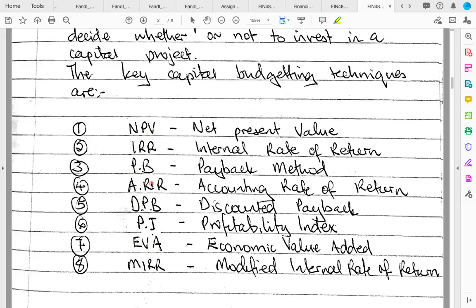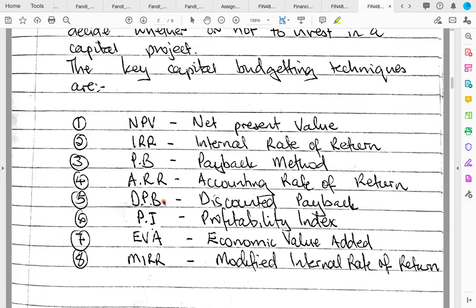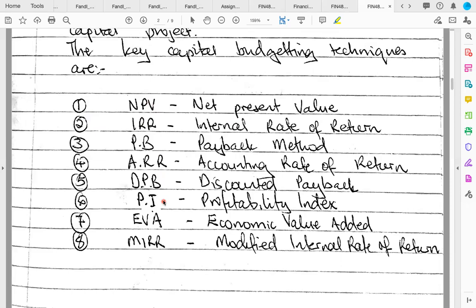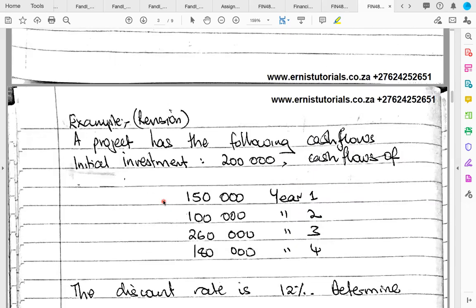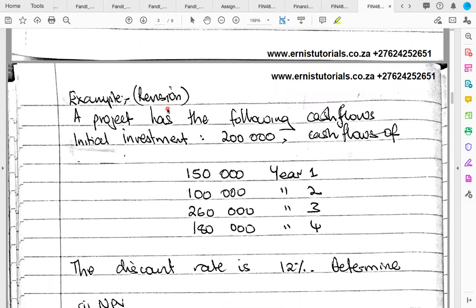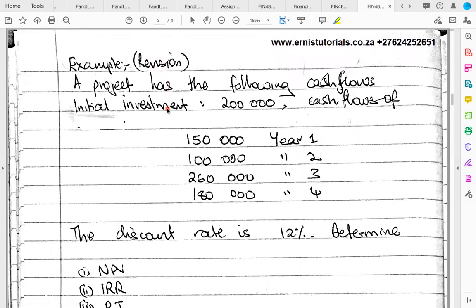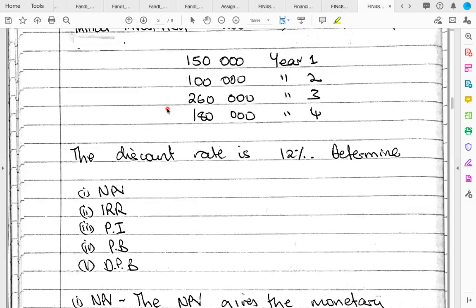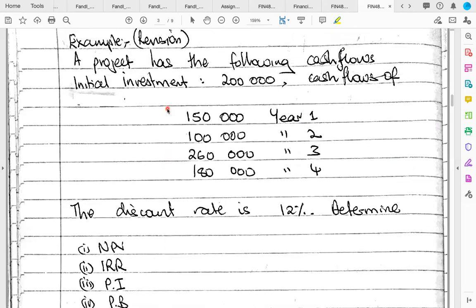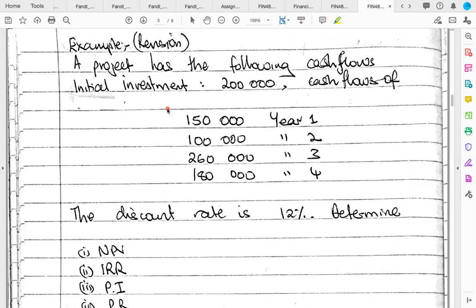For the purposes of the exam, you need to be comfortable with using each of these techniques. You need to know how to use the NPV, how to use the IRR, and how to calculate all of these. You need to know what these capital budgeting techniques mean, and you also need to be able to state the advantages and disadvantages of each of them. So let's move on. I actually titled it revision because you've done a lot of this before. I'm going to look at some of these techniques through an example, and then I'll visit the other techniques through